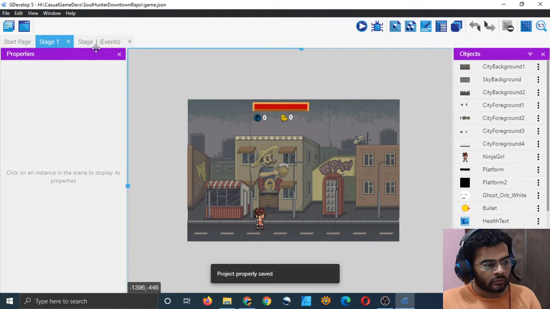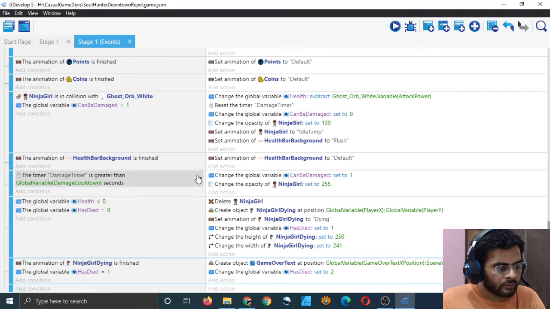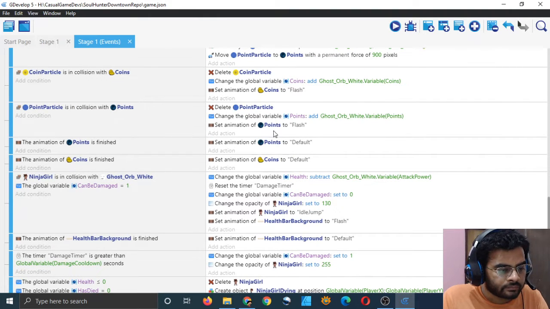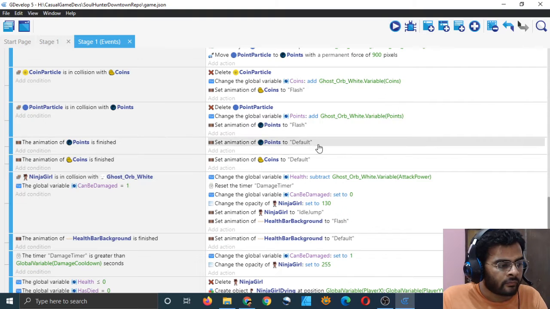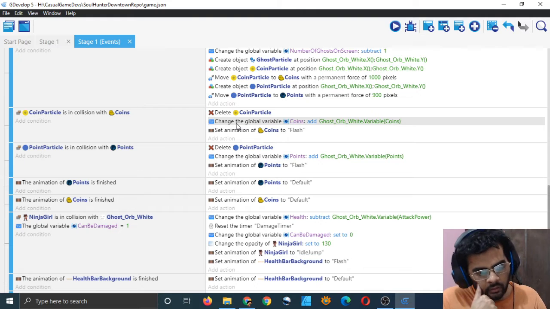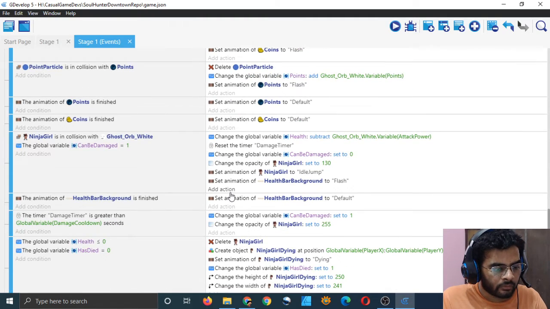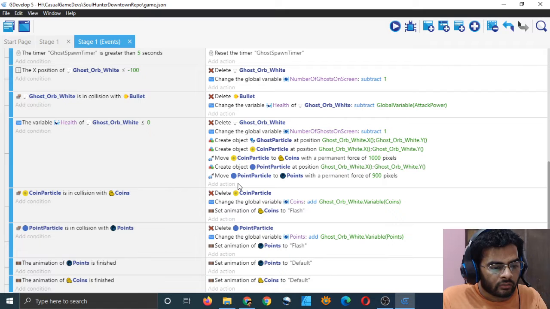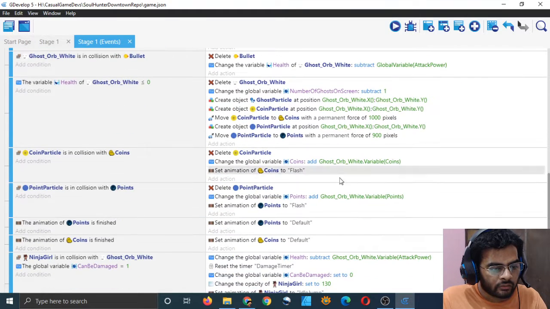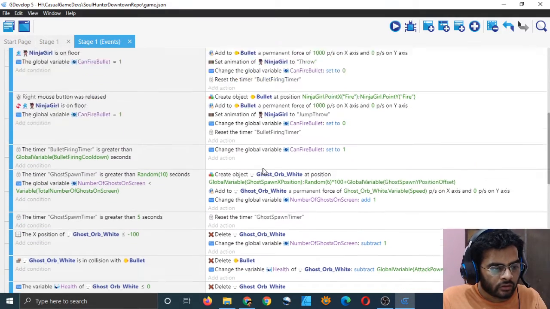Wait, what am I updating when the ghost is being destroyed? Points and coins. So we are incrementing points and coins, and these are global variables, right? Instead of doing this, I think we should change the local variables.